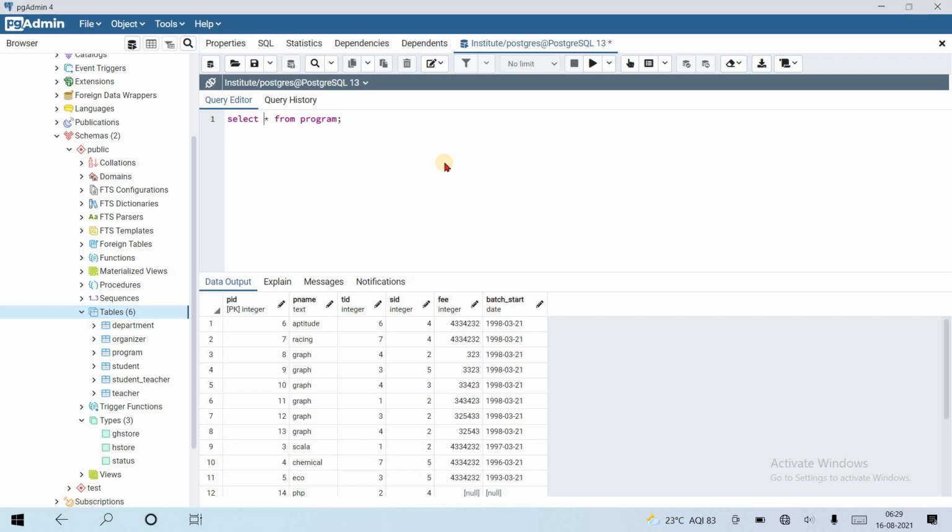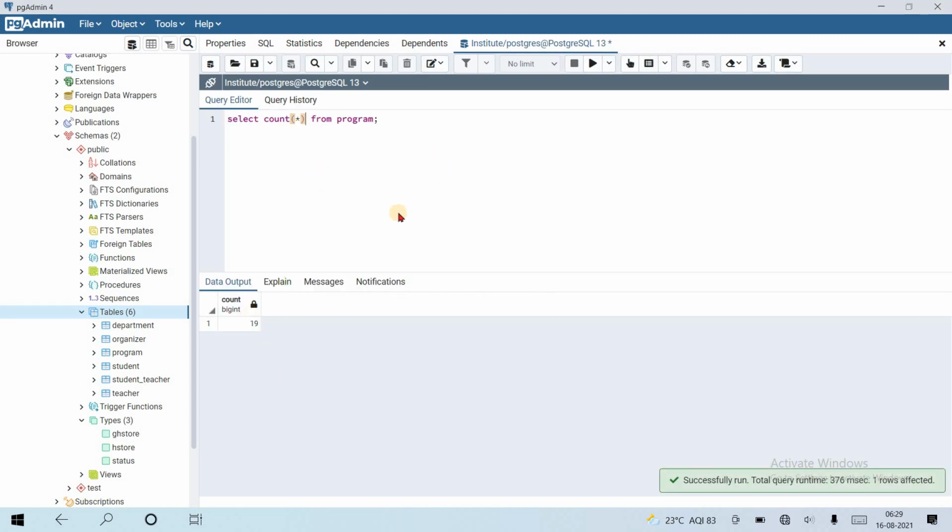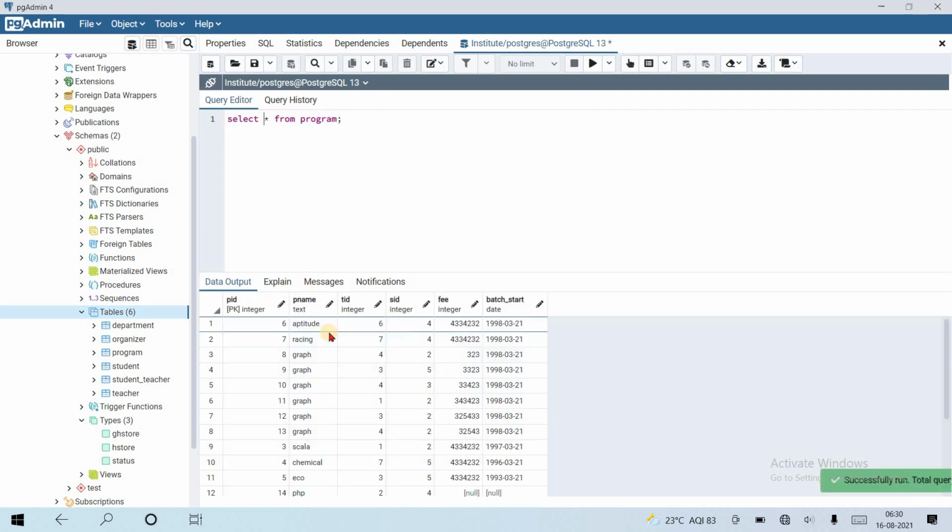Simply, count star from program counts all the values the program contains, but we want it grouped by program name, like how many aptitude are in this, or how many racing. You can see that graph is 1 2 3 4 5 6. So group by the pname column, and next is the count of how many there are of this program.